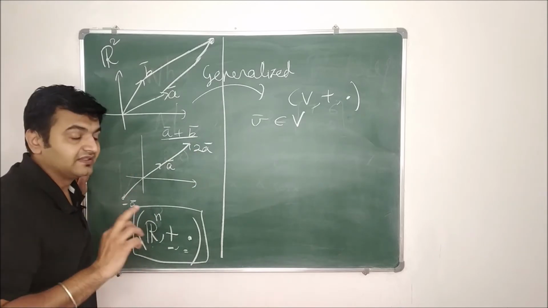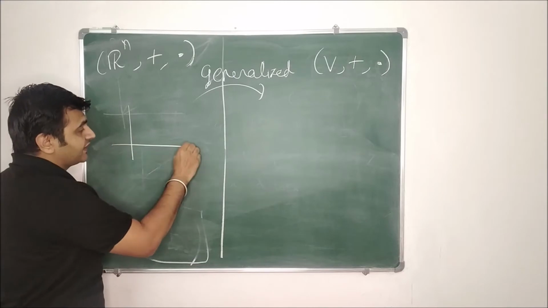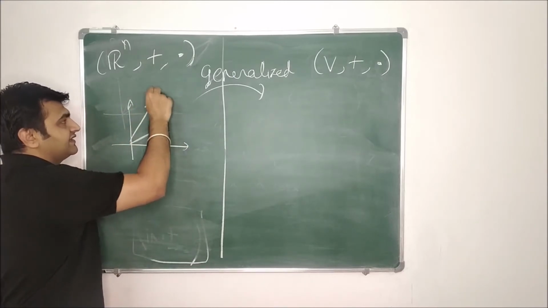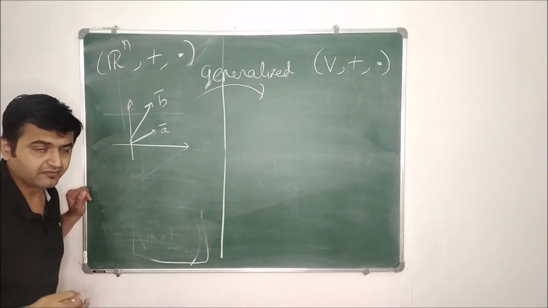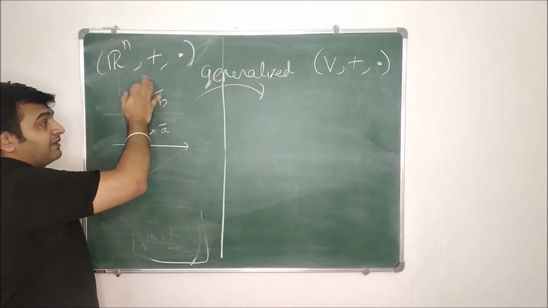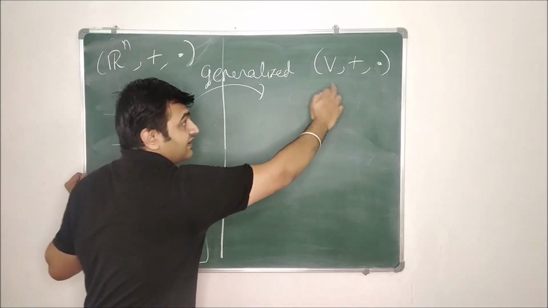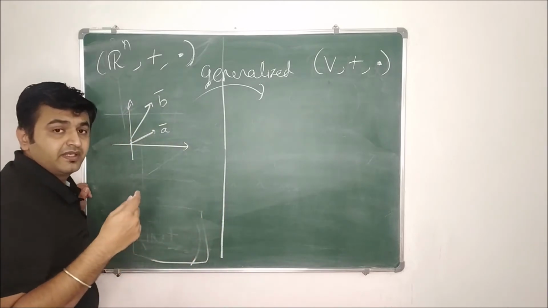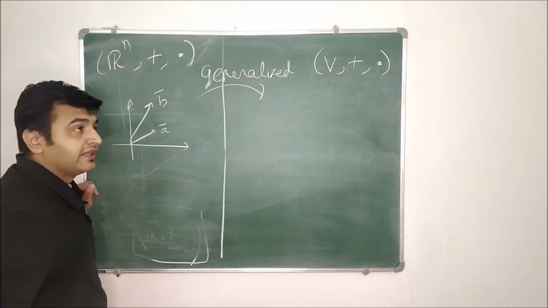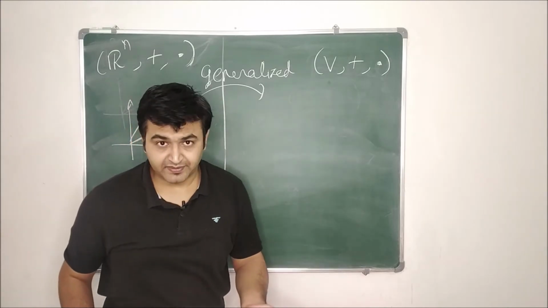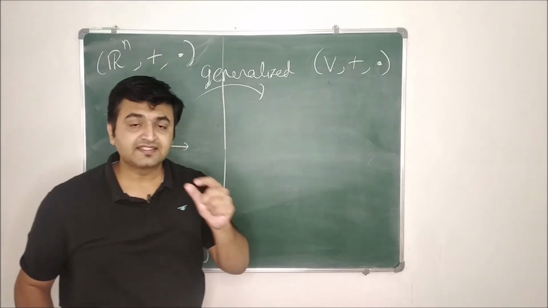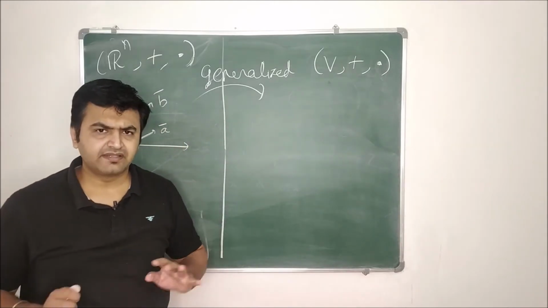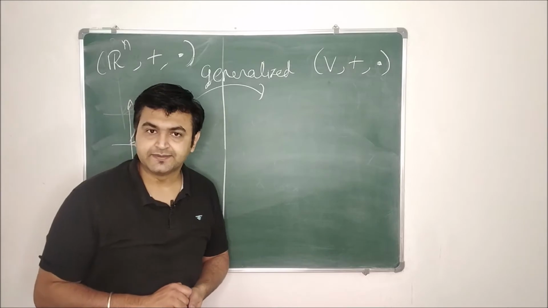Now let's go to the angles. Whenever you have two vectors in R2, say A bar and B bar, the basic things are addition and scalar multiplication. Scalar means what? Here you multiply by a real number only. Now this is any set, and this is a scalar multiplication. If you take this scalar to be a real number, then we call this vector space a real vector space. If you take that scalar as a complex number, then this is called a complex vector space. But in this lecture I will stick to real vector spaces for simplicity.